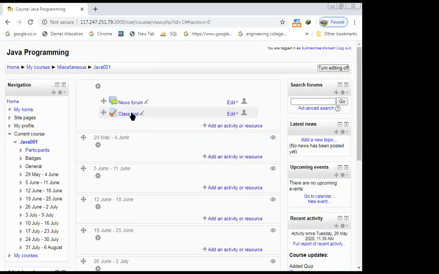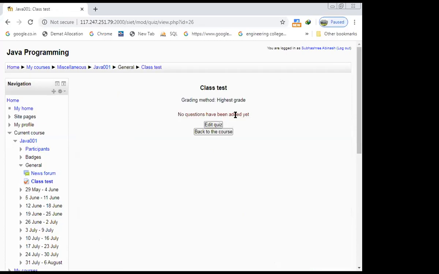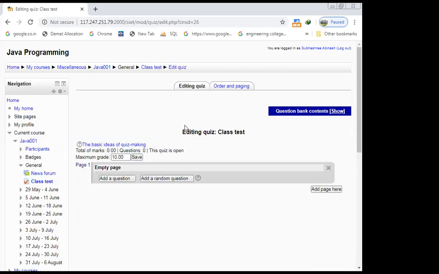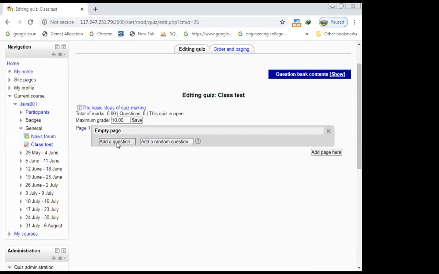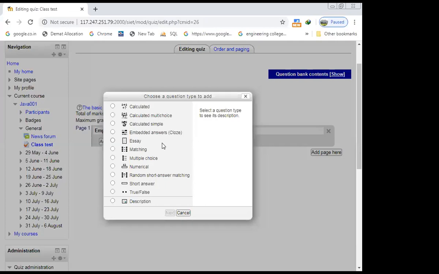Right, so click on the class test. No questions have been added yet, so edit quiz. Add a question. The question is a multiple choice question.